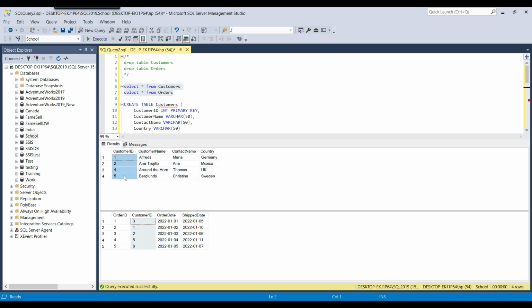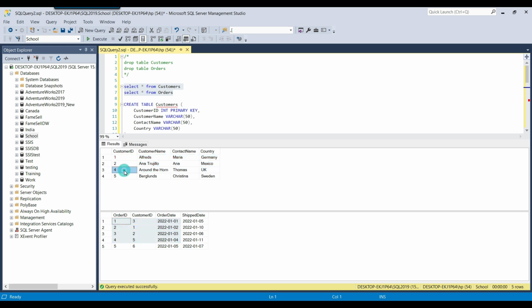If you look at the customer ID, it is common between both the tables, so we can do a join on the customer ID. Customer ID 1 is present in both the tables, and customer ID 2 is also present in both the tables. So for customer ID 1 and customer ID 2, it will select all the data with the actual values from both the tables.